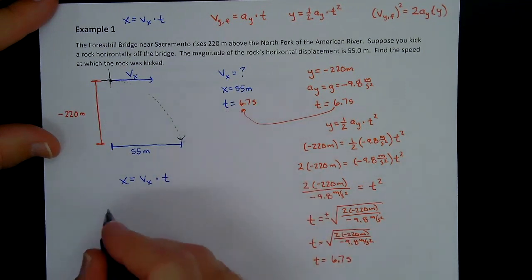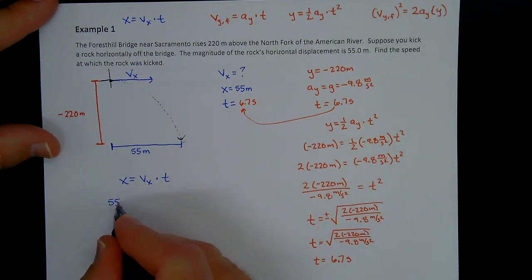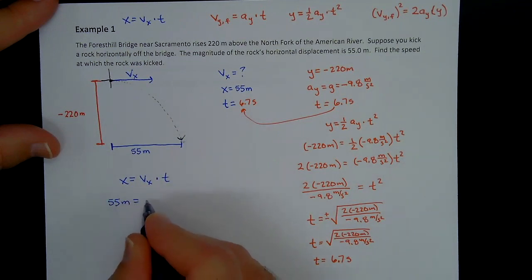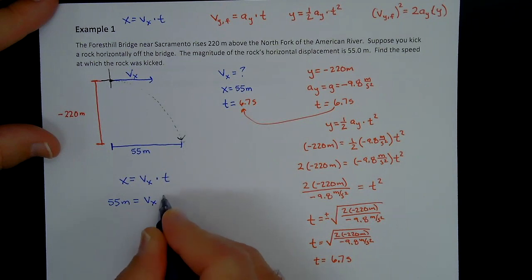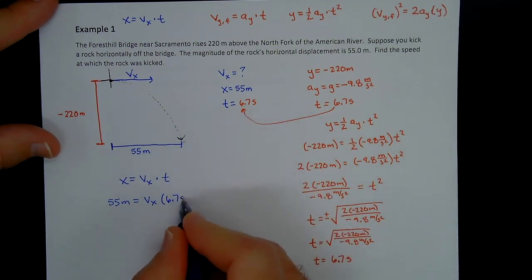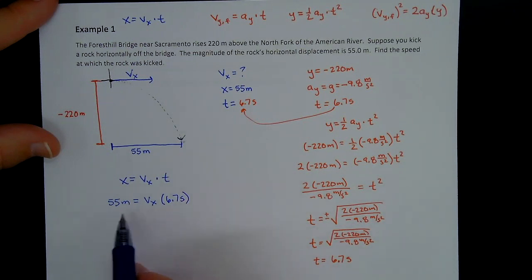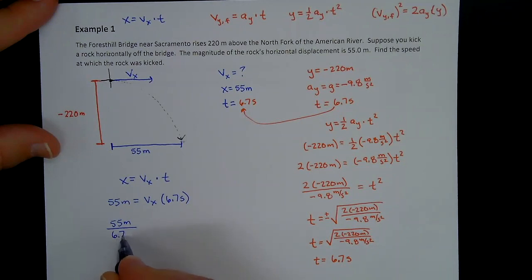And so I know my x is 55 meters and is equal to v sub x times time, and I know my time now is 6.7 seconds. And so I'm going to divide to get v sub x by itself. I'm going to divide both sides by 6.7, and I get 55 meters divided by 6.7 seconds is equal to